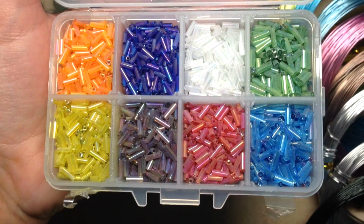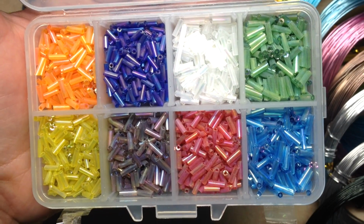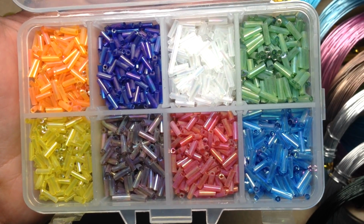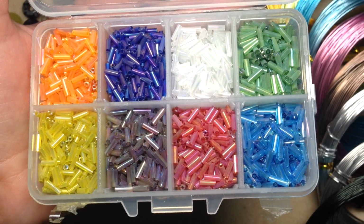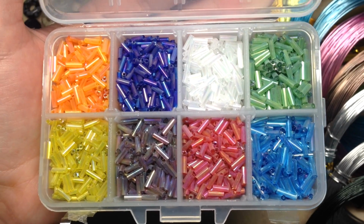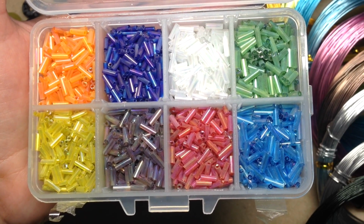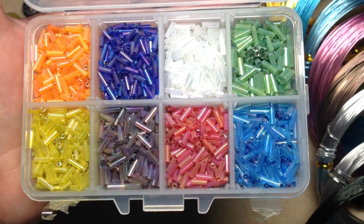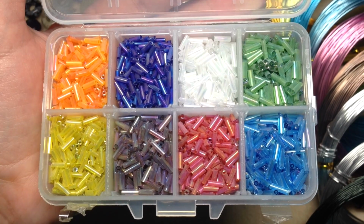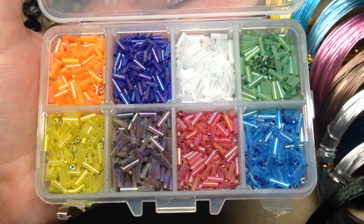Bugle beads, I think, are something that a lot of beaders struggle with. At least I know they're not one of my top favorite things to work with. It's not that I don't really know what I can do with them. It's just I haven't really explored a lot of different options. So that's another topic for a future video that I would like to do, is just coming up with, kind of similar to the gemstone chip video that I did, coming up with unique ways to use them that maybe could help inspire each other on what to do with these things,